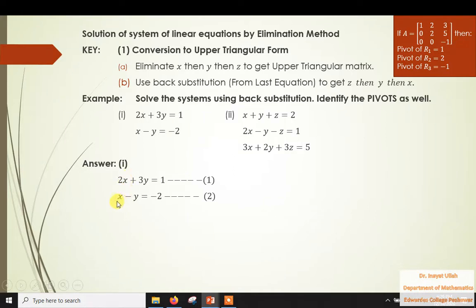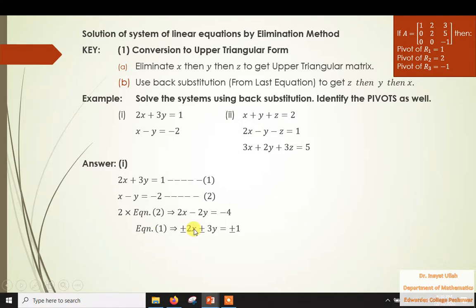I name this equation 2 and this one equation 1. If we multiply equation 2 by 2 and then subtract it from equation 1, this x will be eliminated. That's why I multiply equation 2 by 2. This whole equation is multiplied by 2. So that is 2x minus 2y is equal to -4, and write equation 1 here,